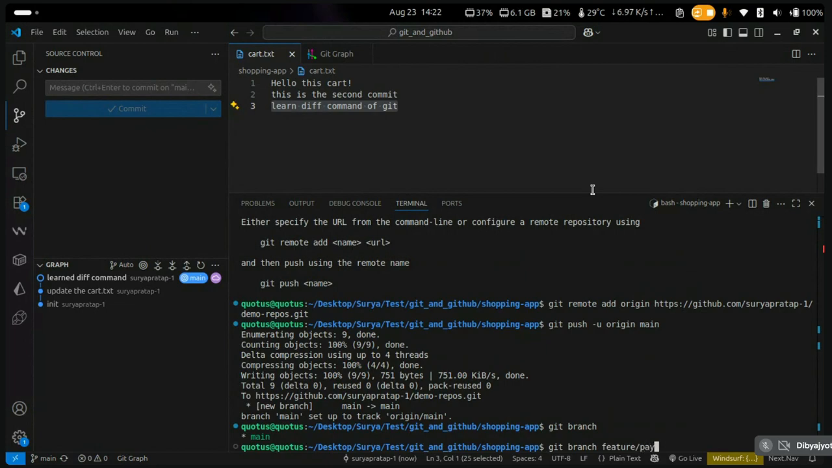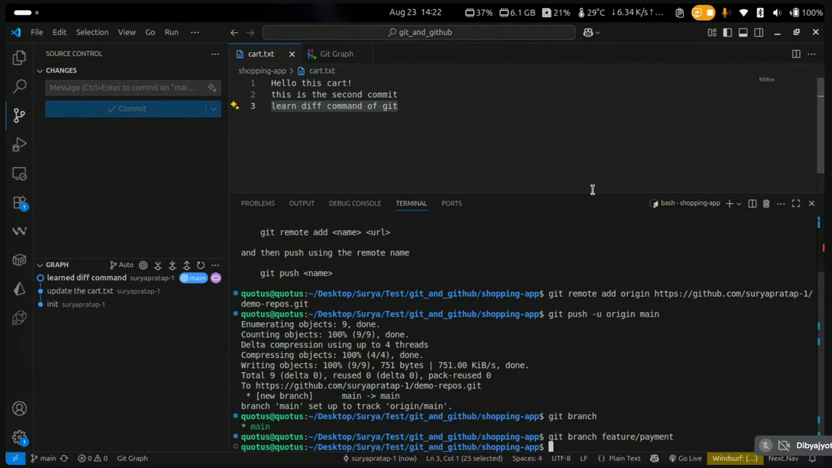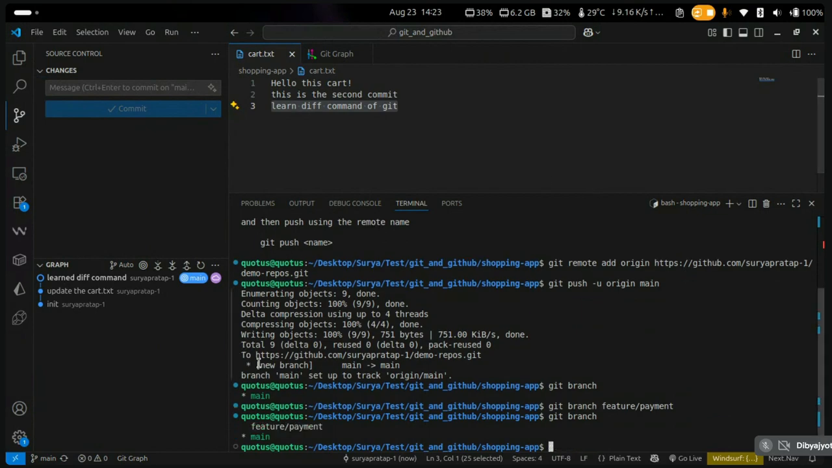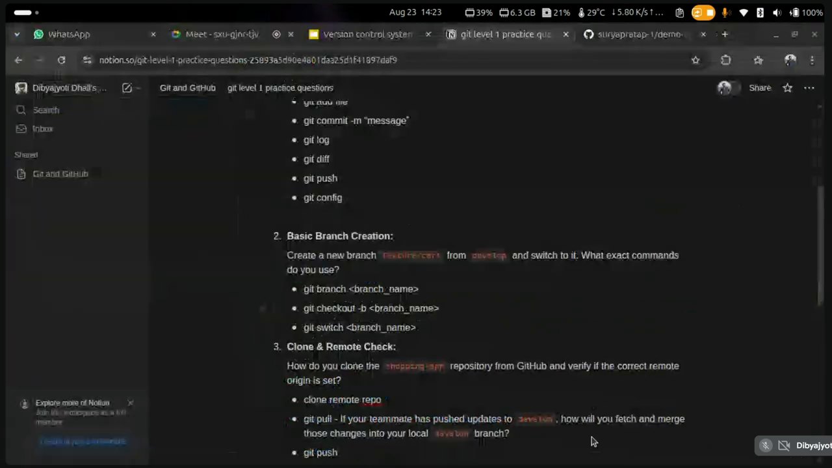Let's say payment. Okay. Now let's see whether the branch is created or not. For that, you know that git branch is the command to list out all the branches. See, the feature slash payment branch is now added, but we are still in the main branch. If we want to move to, or we can say switch to, the feature slash payment branch, there is a command